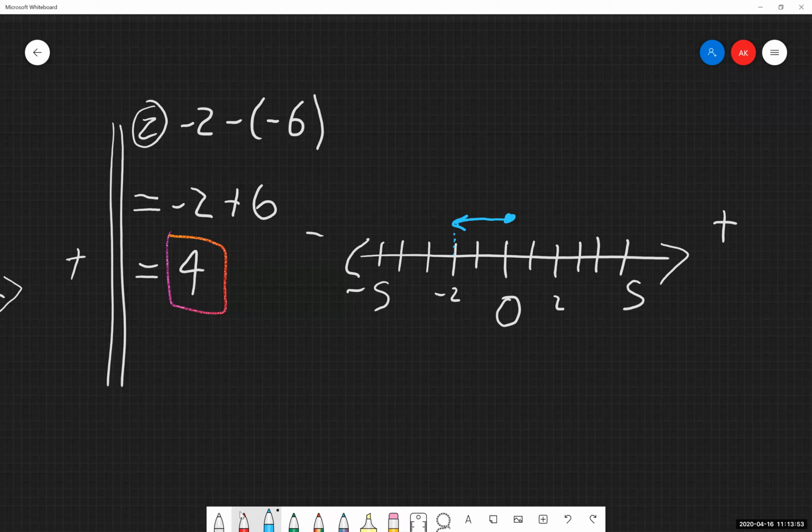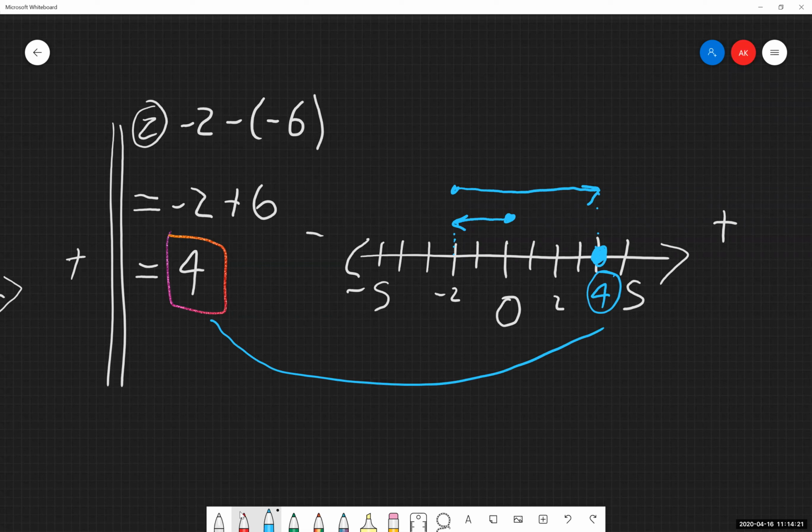So I went in the negative direction by 2, and then I'm adding 6. So from there, I'm going in the positive direction by 6. Counting over, it's 1, 2, 3, 4, 5, 6. So about there. We are ending right here, right at 4. Same thing that we had over here. So again, 2 ways of going through and visualizing these things.